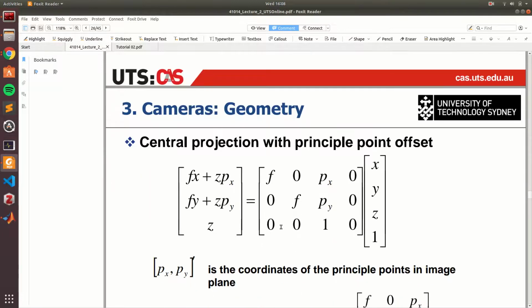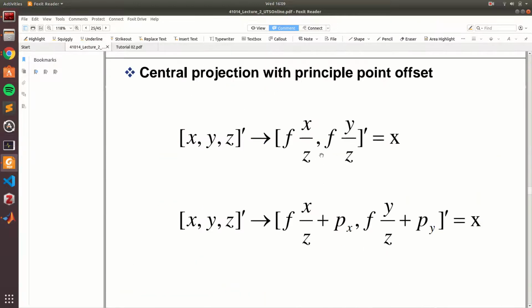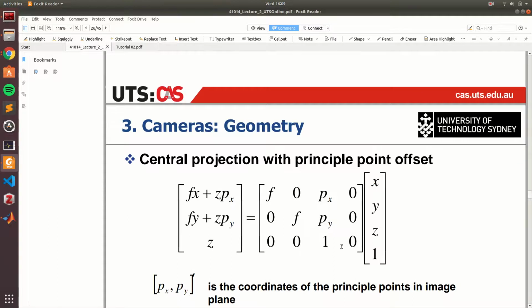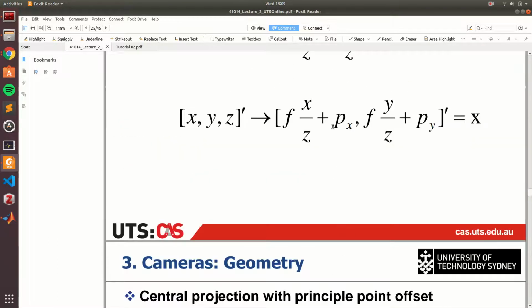And you can see that this is what we call a homogeneous matrix, which means we add a 1 at the bottom just to make the maths easy. Because if this line of math is not there, we can't actually do a multiplication to get a 3-element vector over here. So we add a bunch of zeros and ones here to make the math easy and give us the correct multiplication. So what's happening here is it's the same equation put into matrix form. If you do a little bit of math and multiply this out, you just get these two